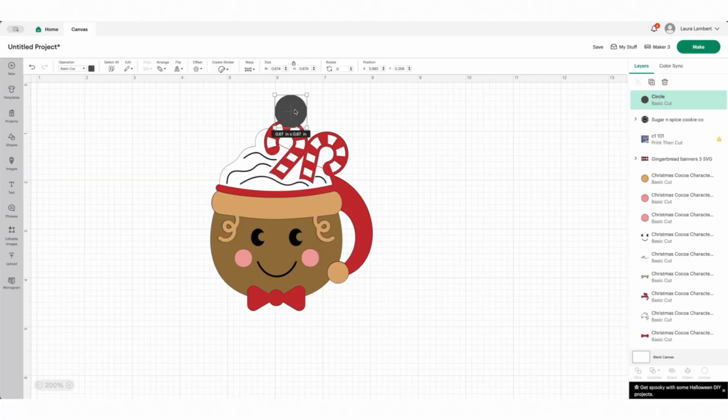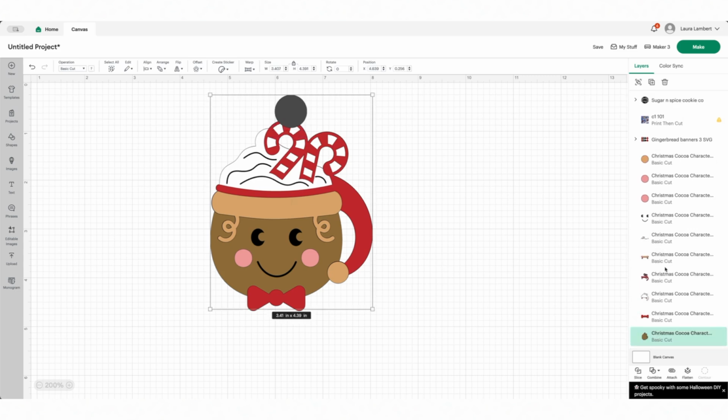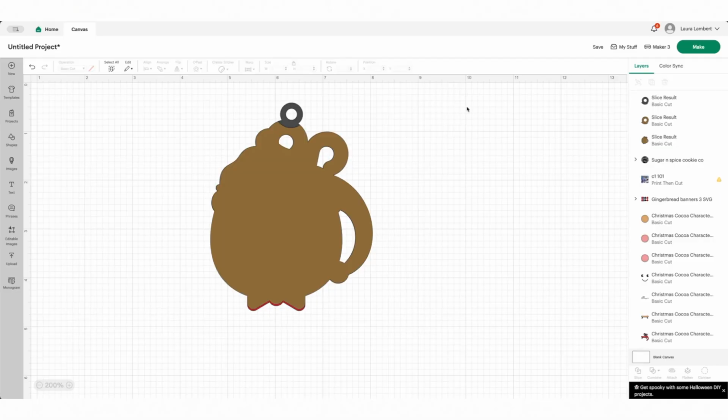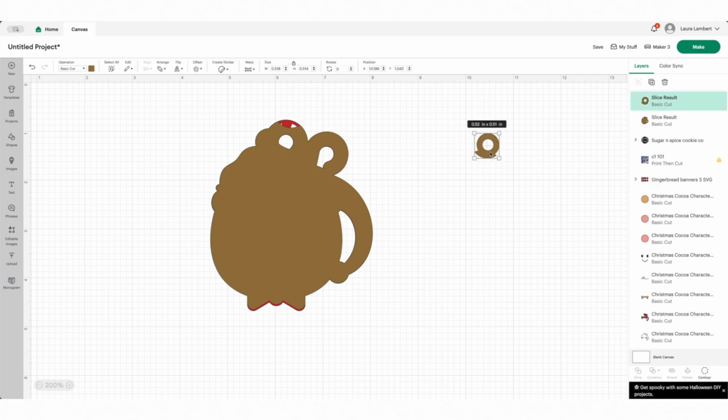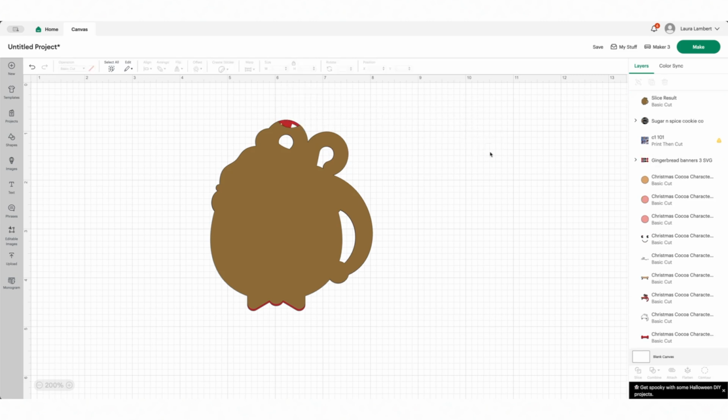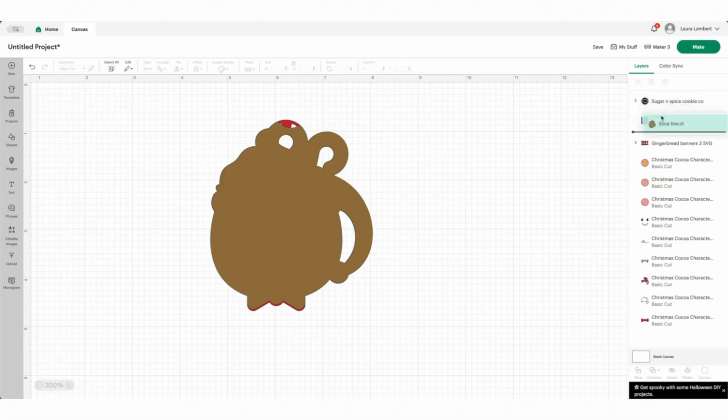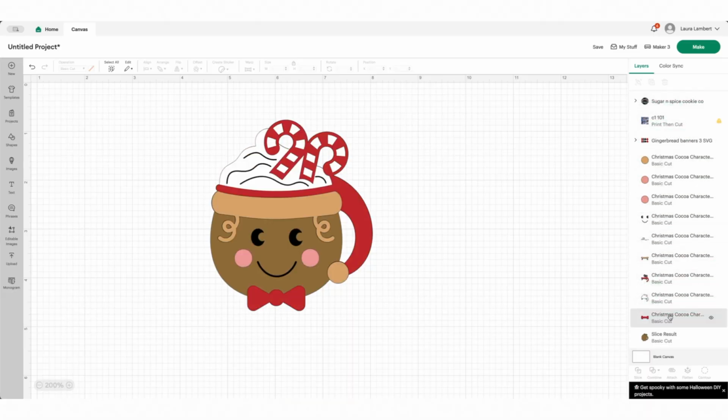So I'm gonna cover up the part I want to slice away, and then I'm gonna select my circle, use Shift click to select the brown layer I want to slice, and then I just hit slice. And when I do that, it's gonna move that layer to the top. So we are gonna have to fix that in a second, but that's not a problem. All we have to do is move it back down. Now I'm gonna move away and delete the pieces that I sliced away. And you can see we've gotten rid of that little top part, which is great. We didn't want that. So then I can slide my slice result back to the bottom,